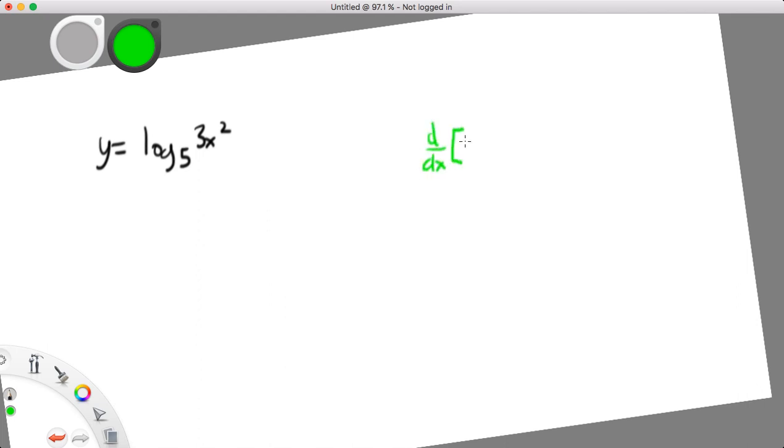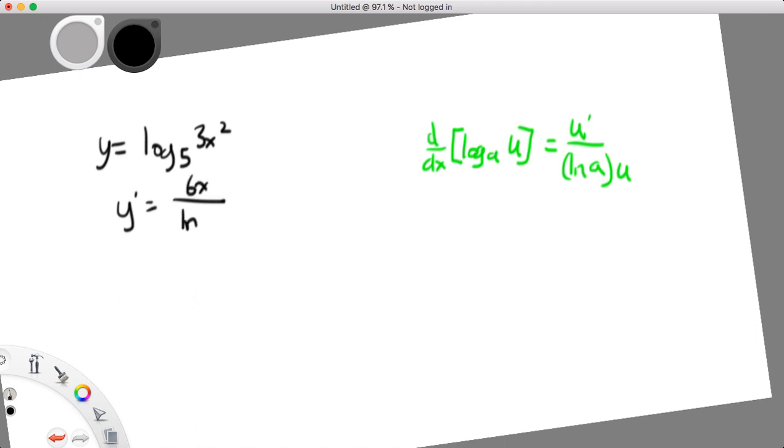All right. Finally, what happens if we have a different kind of logarithm? So let's just say we have something like the log sub 5 of 3x squared, and we want to know what the derivative of that is. Okay? Well, the functions that we memorized say that the derivative of log base a of u is going to be equal to u prime